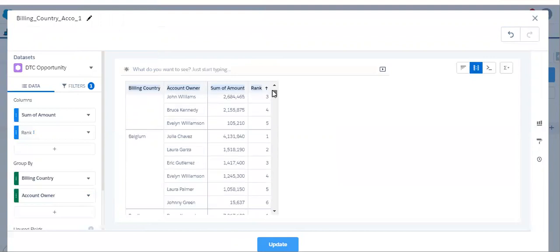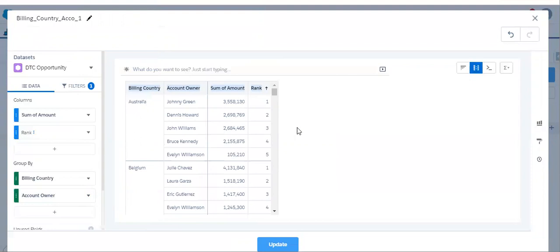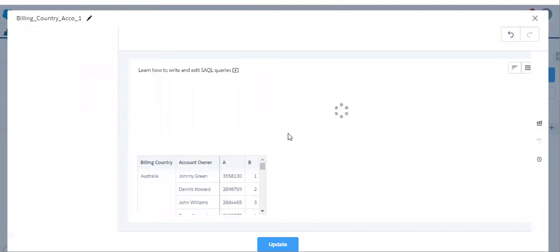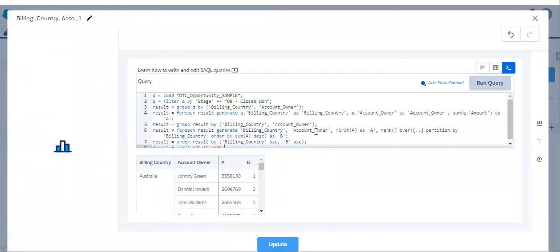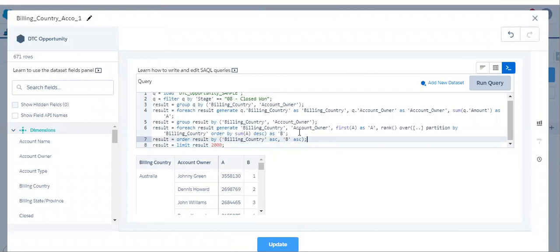But if we just need the top 5 ranks, for that we need to edit the SQL query. Let's go to the query mode. And let's filter it here.